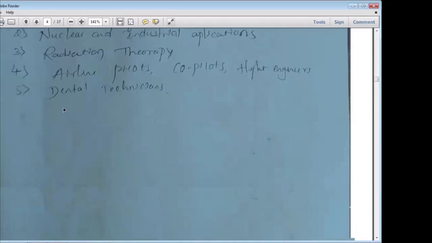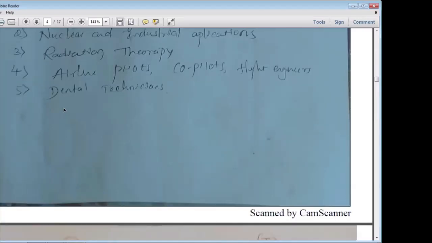Apart from these, there are so many applications of the radiation shield. The purpose of the radiation shield is to avoid the heat transfer. In heat transfer, it will avoid the heat, but it will not remove the heat from the overall system. It stops the movement of the heat from one plate to the other plate.